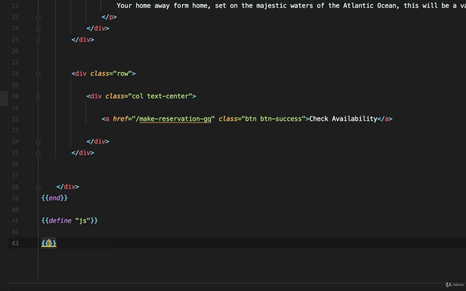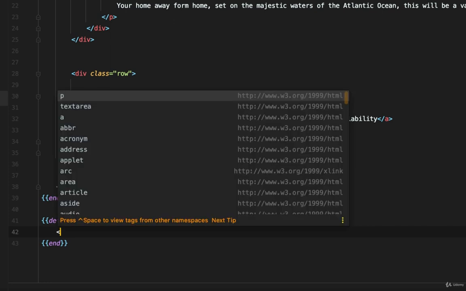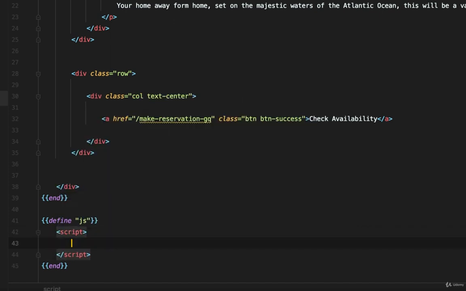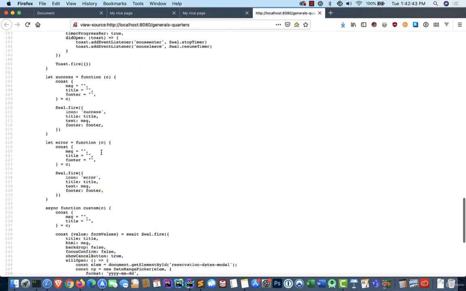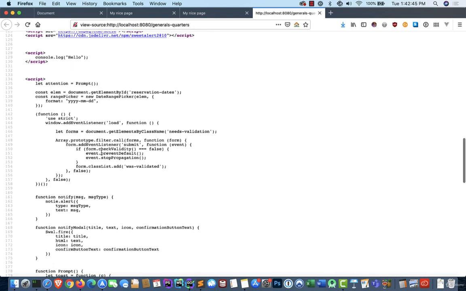So whatever I put in here, end. So if I put just a comment in here like this, script, console.log hello, not a comment, we'll put a console log in there, and then I go back and reload the general quarters page and view the source and scroll to the bottom,